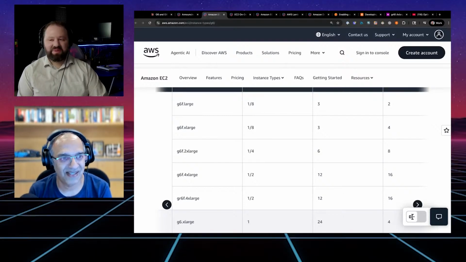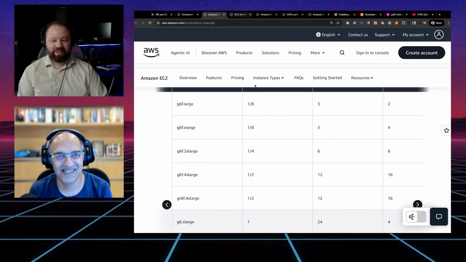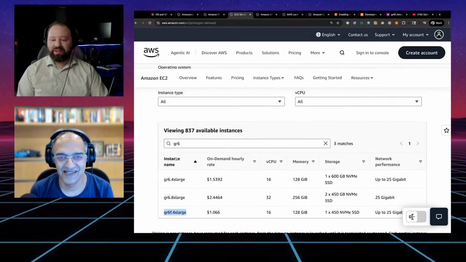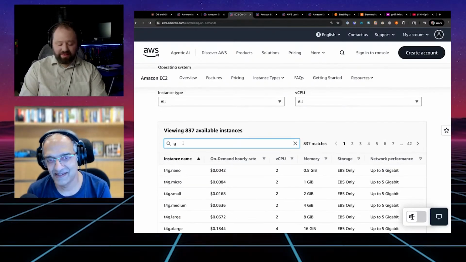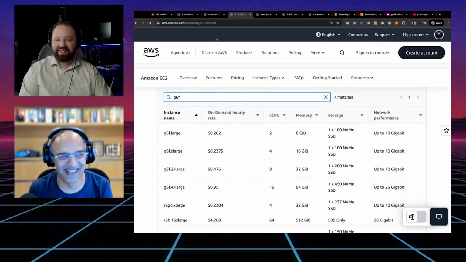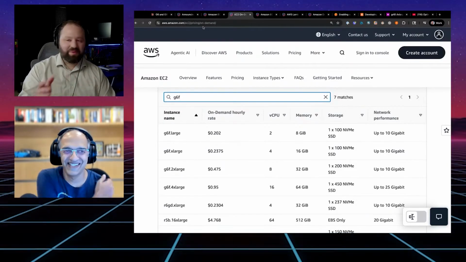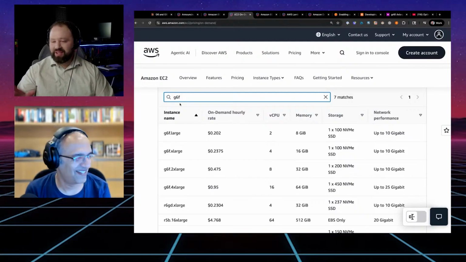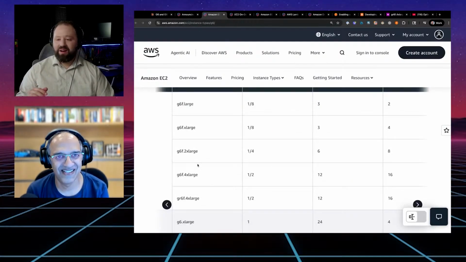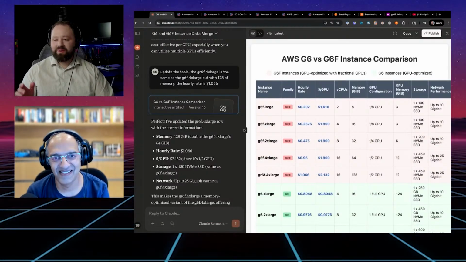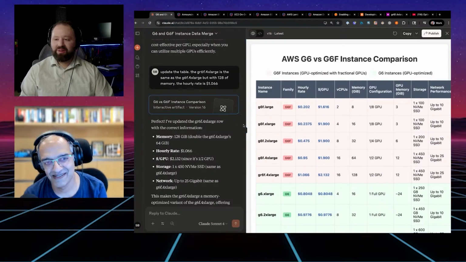Well, okay, so here was the thing. I think this was a fun experiment we did. If you want to look at the pricing, you have to go to the pricing page and you can see, okay, here's the G6. Let's type in G6F here. And you don't see the GPUs pricing. Yeah, exactly. So what we did before, and I'll show you, we took the screenshot of this page, we took the screenshot of that page, went into Claude and said merge them together. And now we've got this comparison where we've got all of the data that we want.